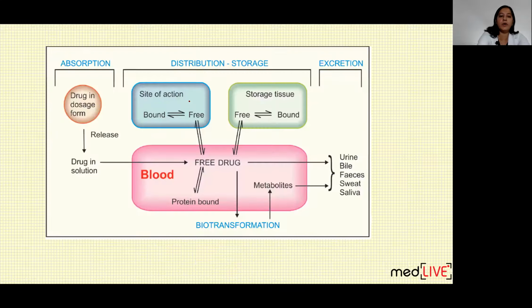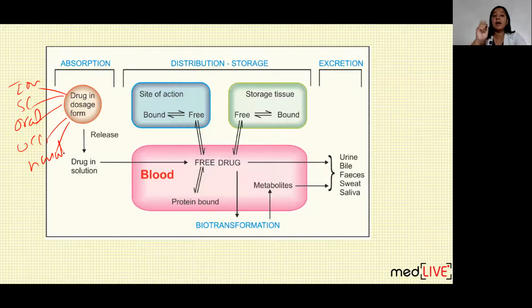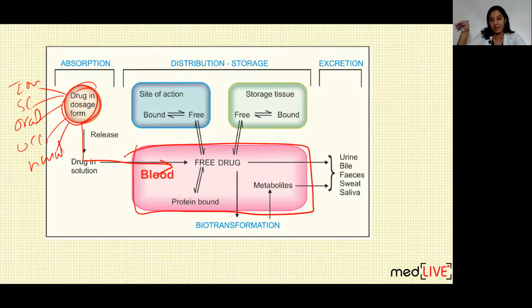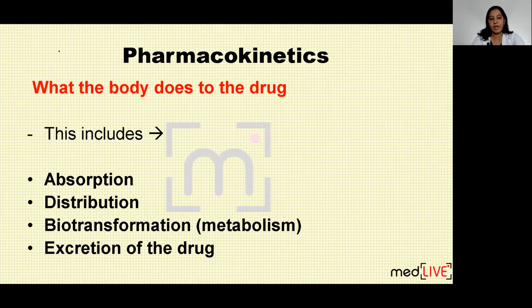After absorption, you are giving the drug through many routes. You can give through IM, through subcutaneous, through oral, through ocular, nasal, inhalational. You are giving through many routes. Ultimately, through whatever route you are giving, it is reaching the blood, the systemic blood. This compartment is systemic blood. So that is absorption. This process is known as absorption.